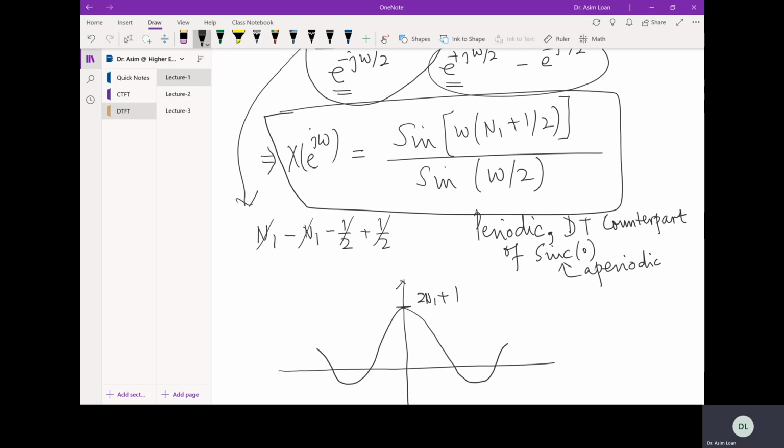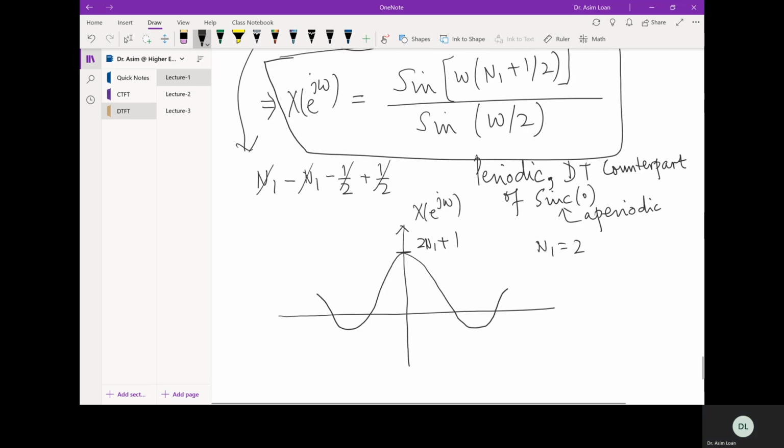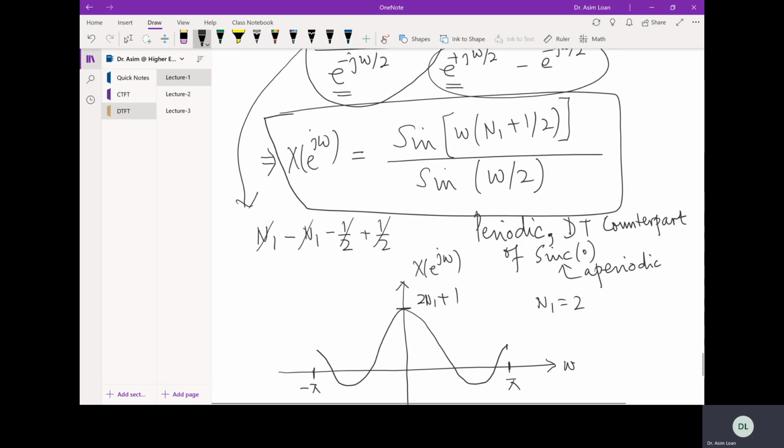I have drawn this one. This is x of e^jω. I have drawn this for n1 equal to 2. This is pi. This is minus pi. This is omega. And this is 0 at nulls at